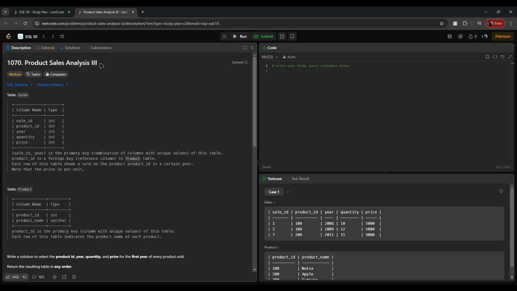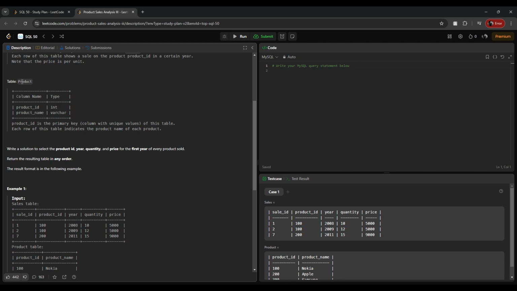Product sales analysis 3, which is a medium level type. So we have two tables here. First table is sales table, which has 5 columns of same type integer: sales ID, product ID, year, quantity, and price. And we have product table also, which has 2 columns: product ID of type integer and product name of